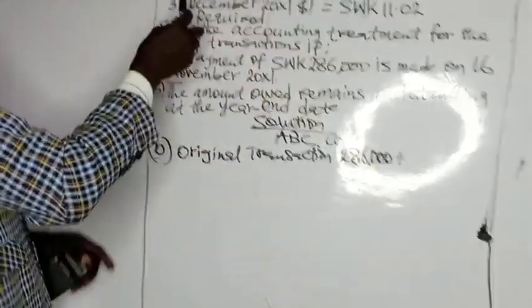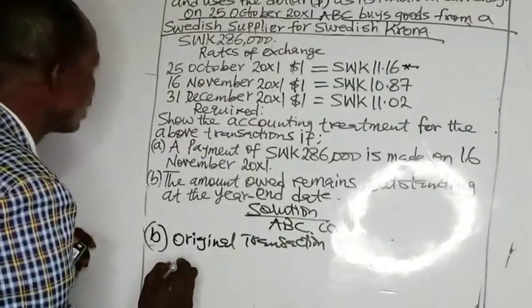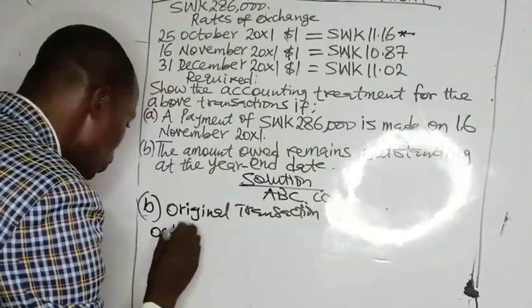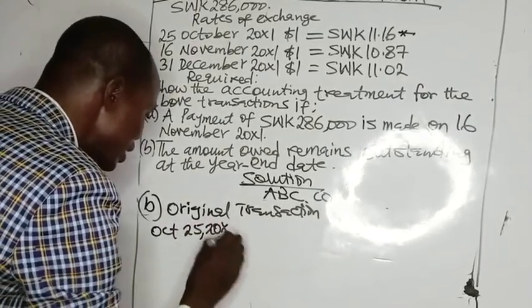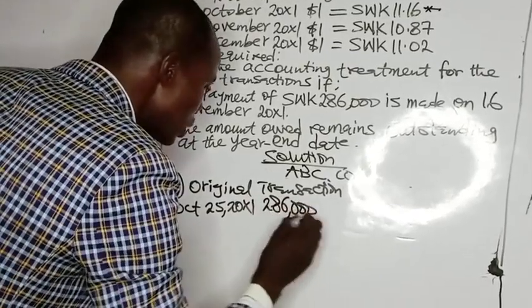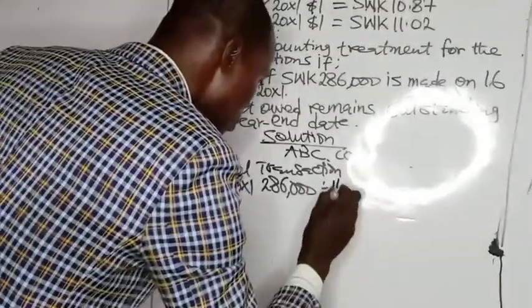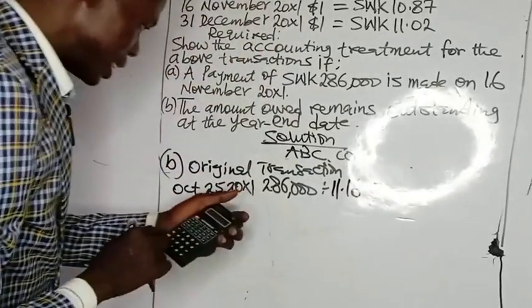The date of purchase is October 25th, 20x1. 286,000 kroner divided by the exchange rate on the 25th of October, 11.16,